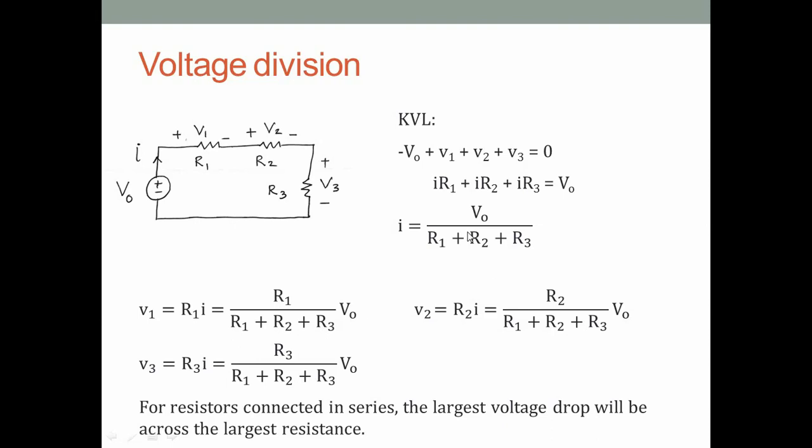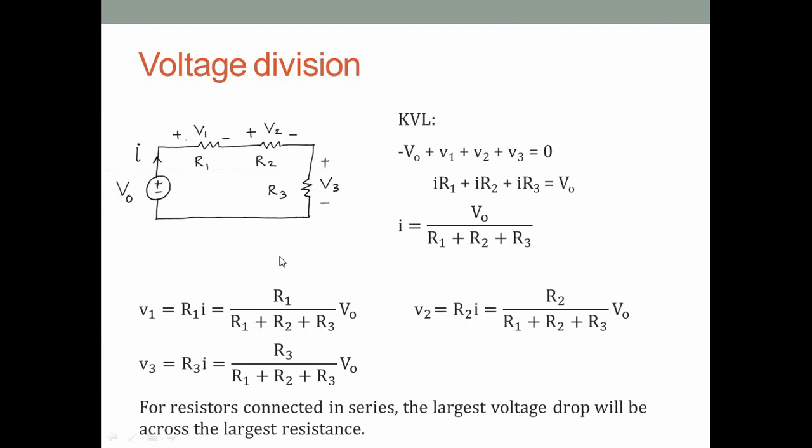These equations are called voltage division equations. The voltage across a series combination of resistances divides in this ratio. So the voltage across a particular resistance in a series combination is that resistance divided by the sum of the resistances. This should become part of your long-term memory. You should be able to write these equations without having to solve for this circuit every time.